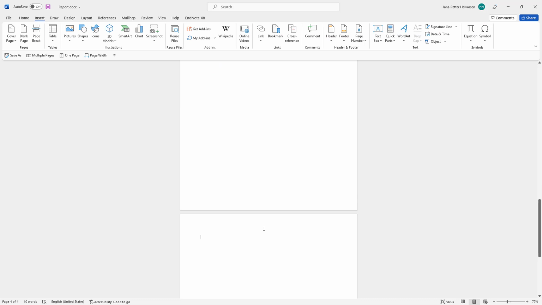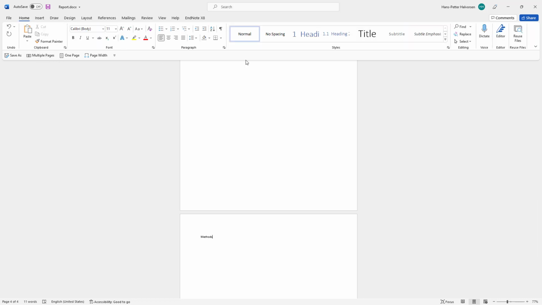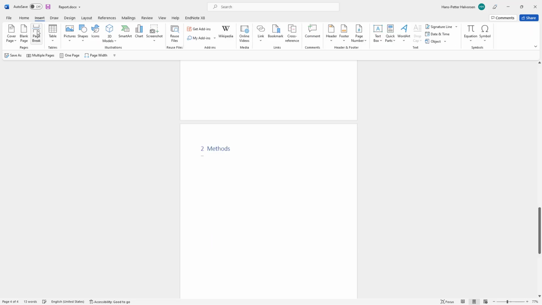And the next chapter is the methods chapter. So in this short report I just named the chapter methods like this, and then I go to home, and this is also heading 1. So now this chapter gets number 2. And I can start entering some text for this chapter, and then I go insert page break in order to